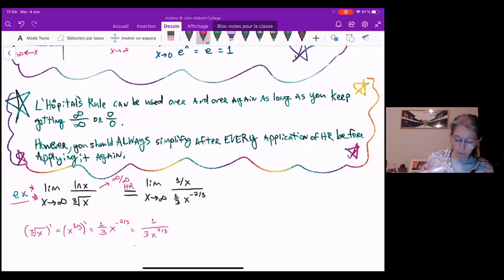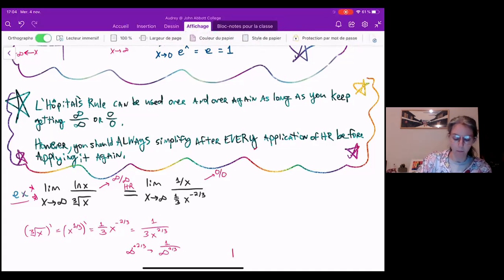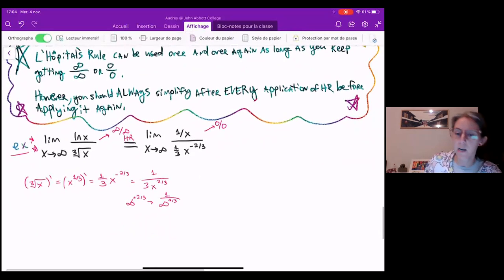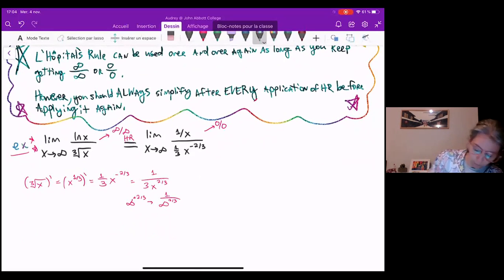So that said, when I plug in here, I have 1 over infinity, which we reminded ourselves at the beginning was just 0. And then infinity to the negative 2/3 is also 0. So it's like I have infinity to the negative 2/3, but that's the same thing as 1 over infinity to the positive 2/3. So that also just gives me a 0 on the bottom. So in other words, an important thing to pay attention to is that infinity to a negative power is always 0. Infinity to a negative power